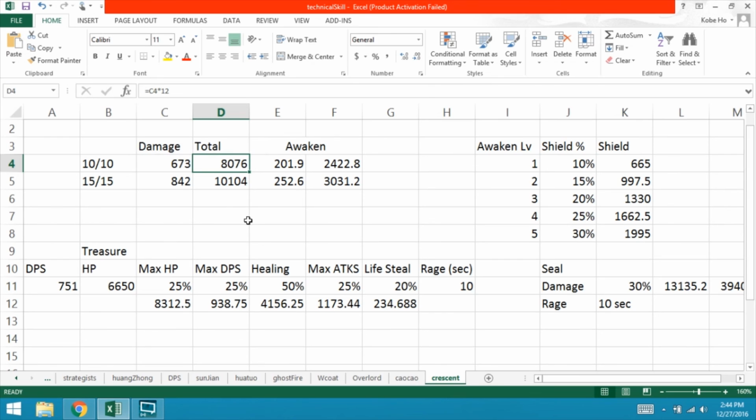So after the 12 hits, it's 8,076. If he attacked the same target 12 times, he will deal 8,000 damage to that one target. Now at 15 of 15, each wave is 842. So if he attacked one single target, that will be 10,000 damage. A lot. Now we talk about the Awakening skill, which is 30%